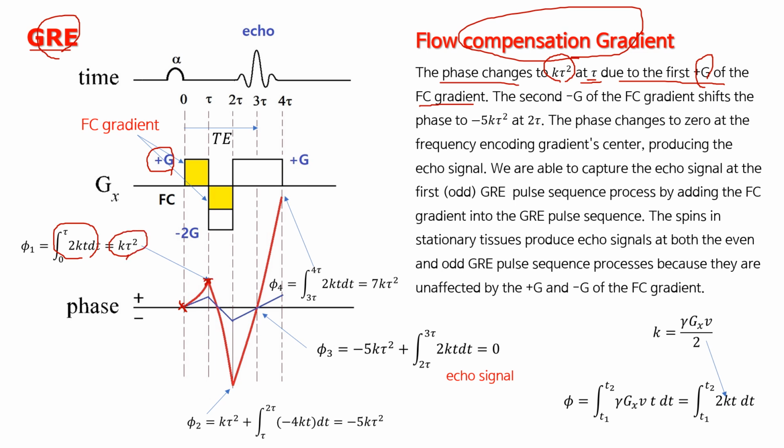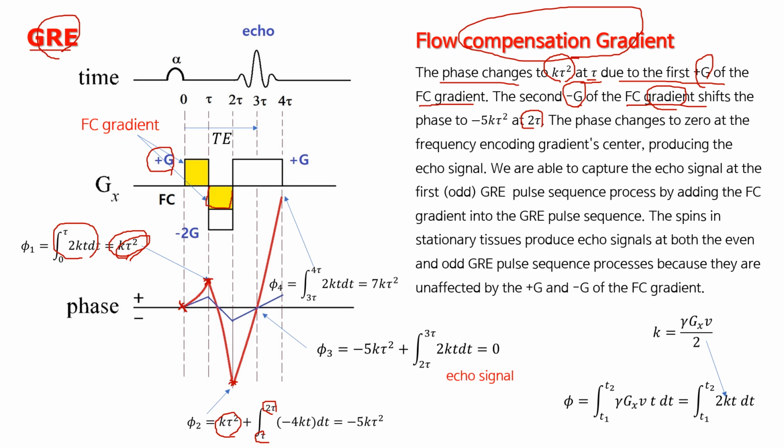Okay. The second, minus G of the flow compensation gradient shifts the phase to minus 5kτ² at 2τ. So at this moment, the phase is changing from kτ², and the time goes from τ to 2τ, and here